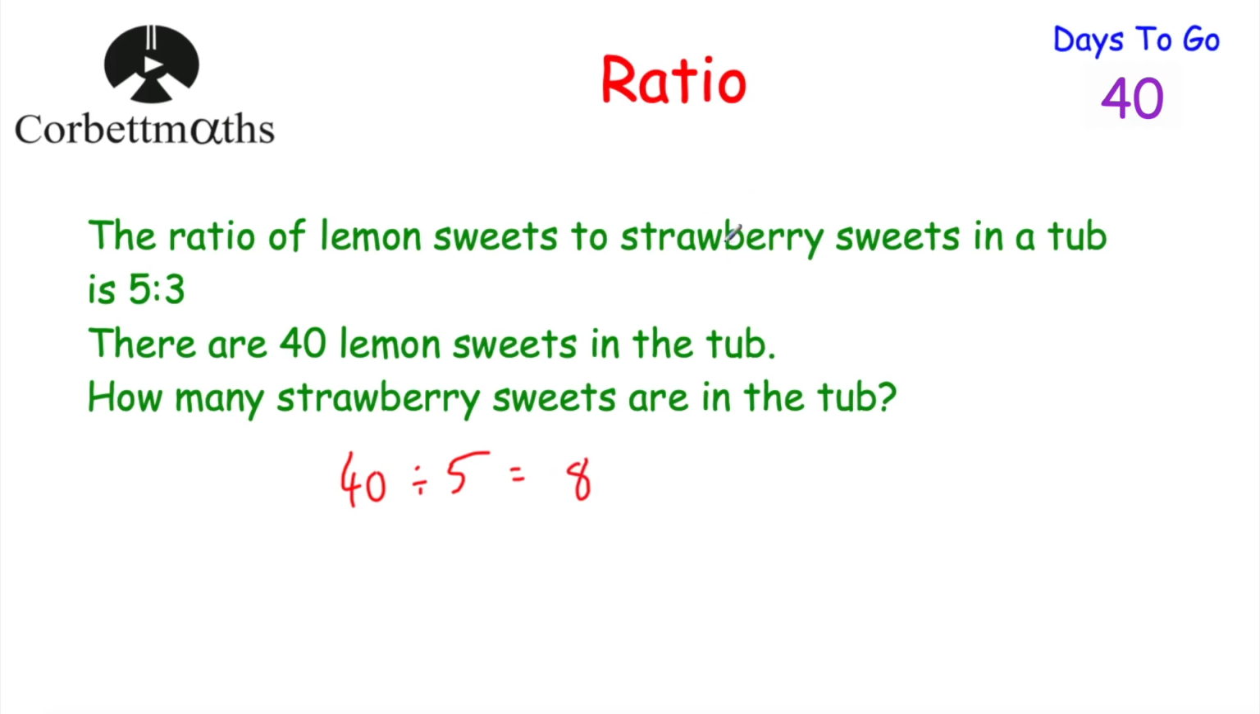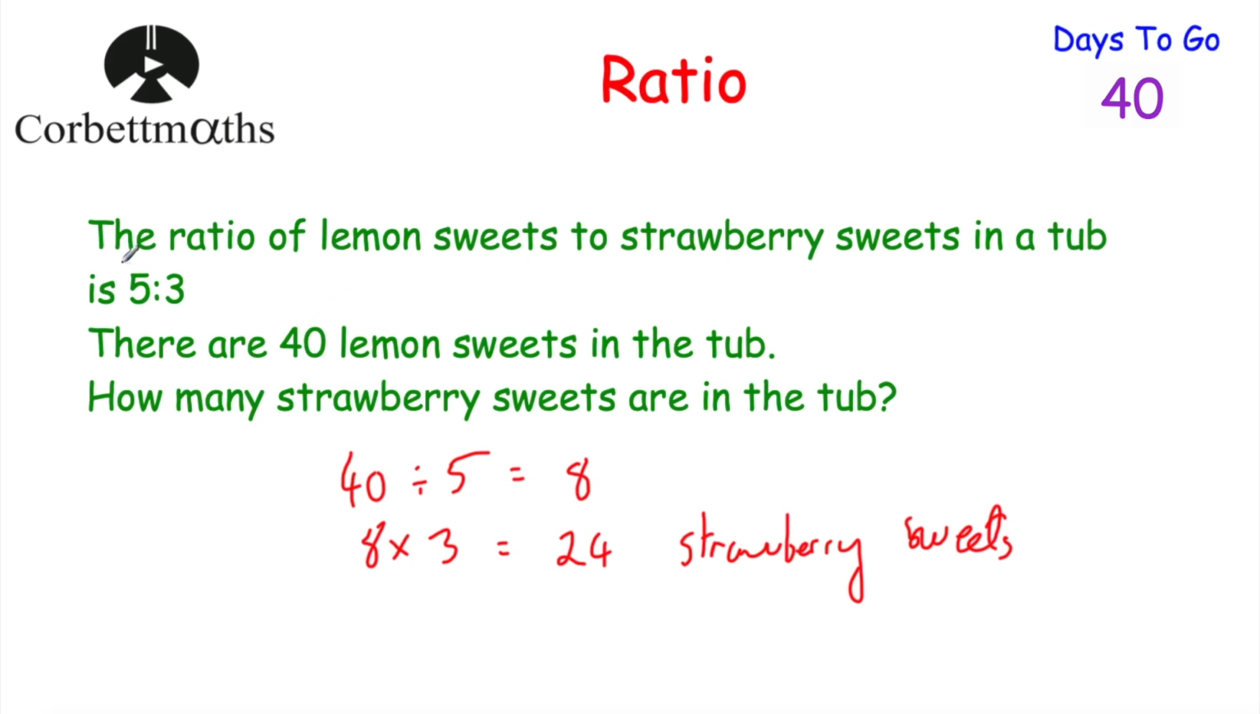And now we just need to multiply it by the strawberry sweets number in the ratio, which is 3. So 8 multiplied by 3 is equal to 24. So that means there's 24 strawberry sweets. And that's it. So in a ratio question, if you're given one of the quantities, you can just divide